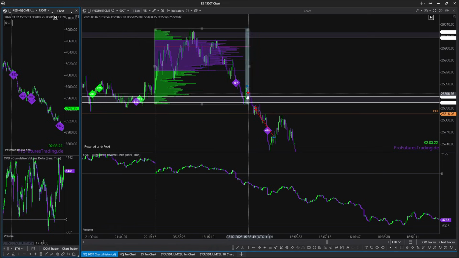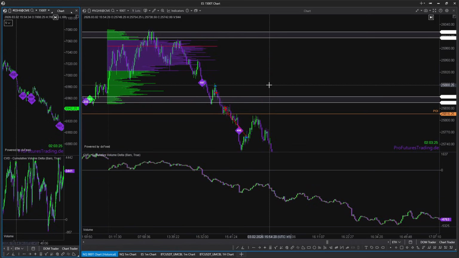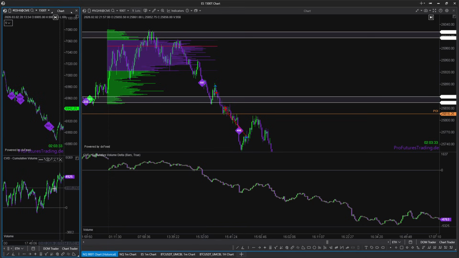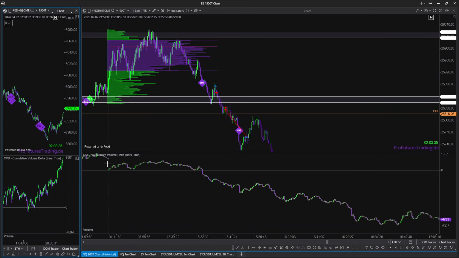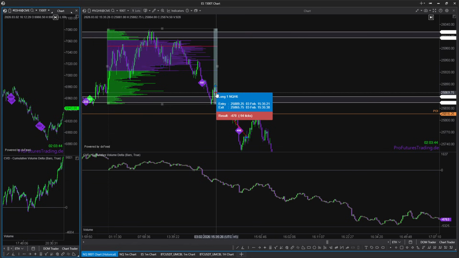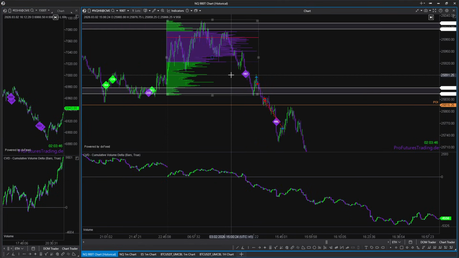I made a first mistake, but I corrected it really quick. I shouldn't go long here, because my bias prediction tool was also saying this is not a long environment here, and I also just ignored the aggressive selling, so I got stopped out. Shit happens. Then if we move the volume profile again,